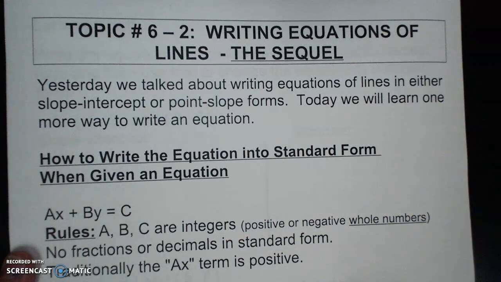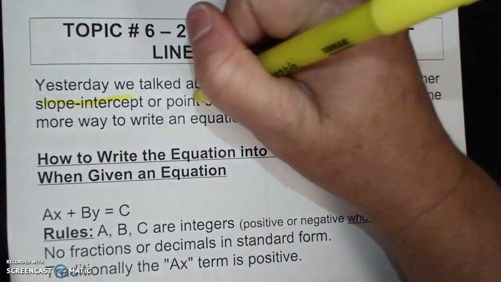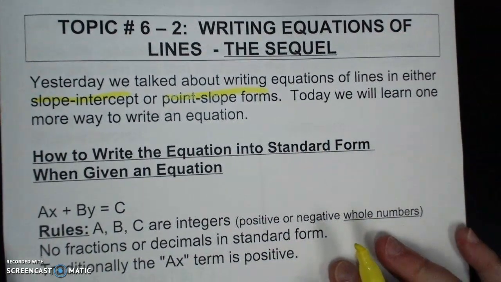This is 6-2. This is writing equations of lines. In 6-1, I alluded to that there were three forms: slope intercept, point slope, and standard. So today we are going to work with moving things into standard. We talked about writing equations of lines, and so we have slope intercept, we have point slope, and we're going to learn standard